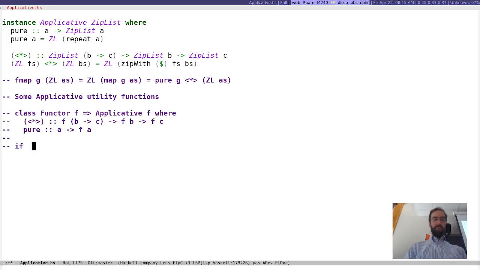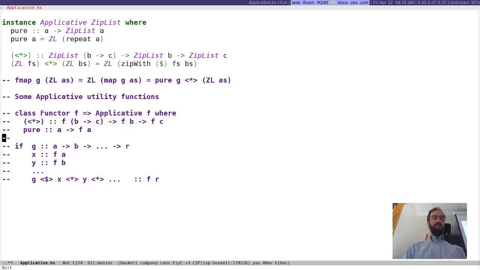All right, and then also, if we have some g, which goes from a to... So this is the definition of applicative, and this is also this pattern that we saw, which is going to be helpful, right? We can take a function g that's just a normal regular function, and if we have a bunch of arguments for it, but they're not an a or a b, they're an fa, fb, and so on, we can apply the function like this using these operators. So we're applying the function in the f world, or in the f context, whatever that means for whatever f is. So, let's first define